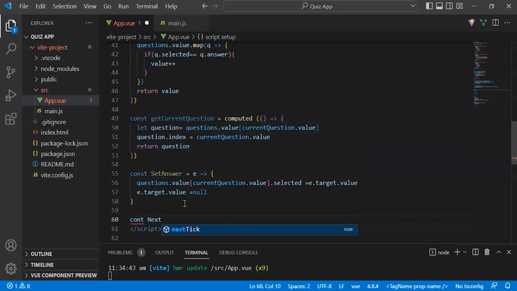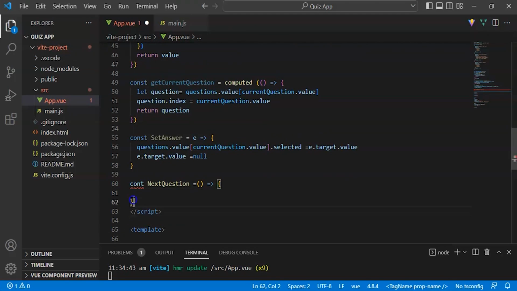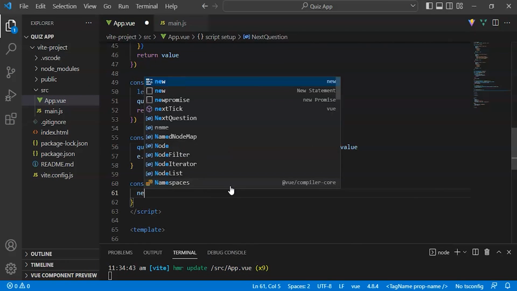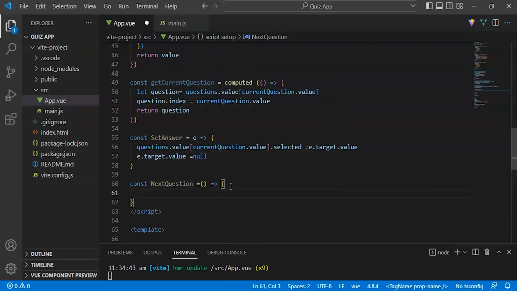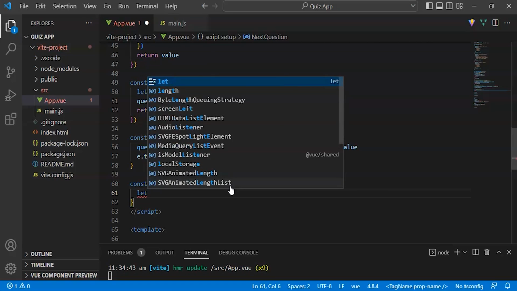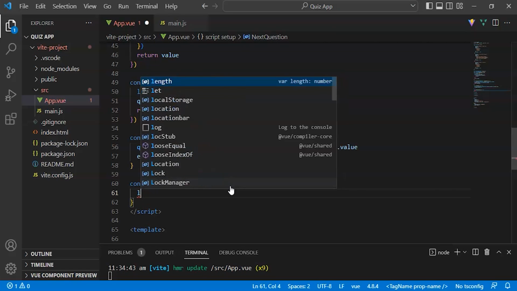When we click on the next question, we are going to write a function for the next question. Const. Yeah. We have to move on to the next question. We'll write, let's give it, if